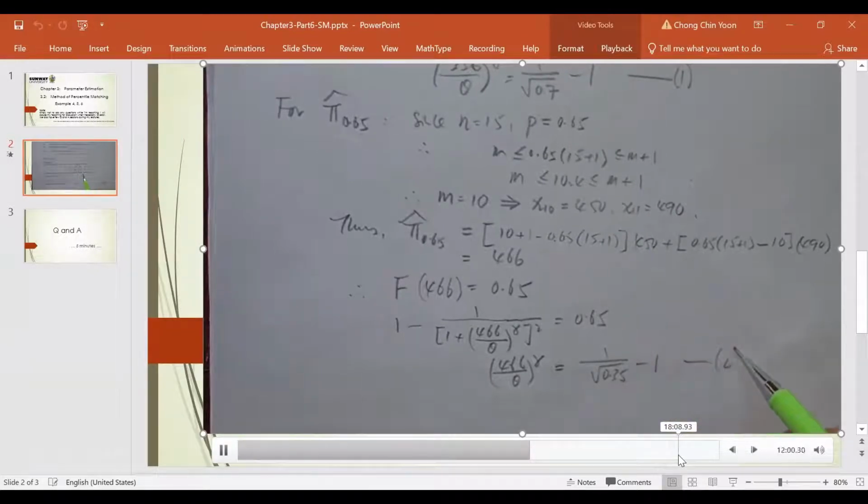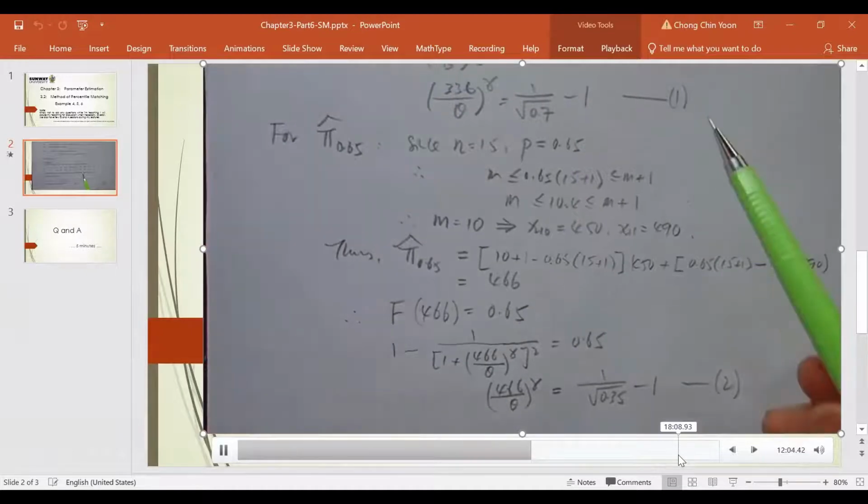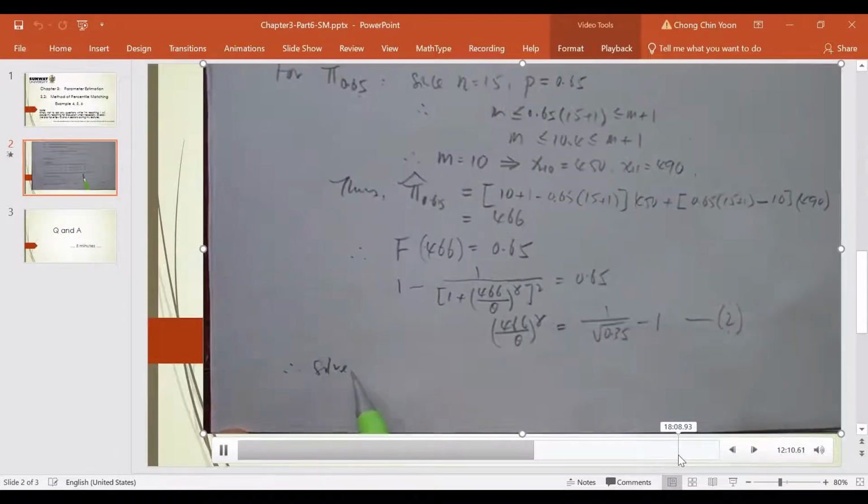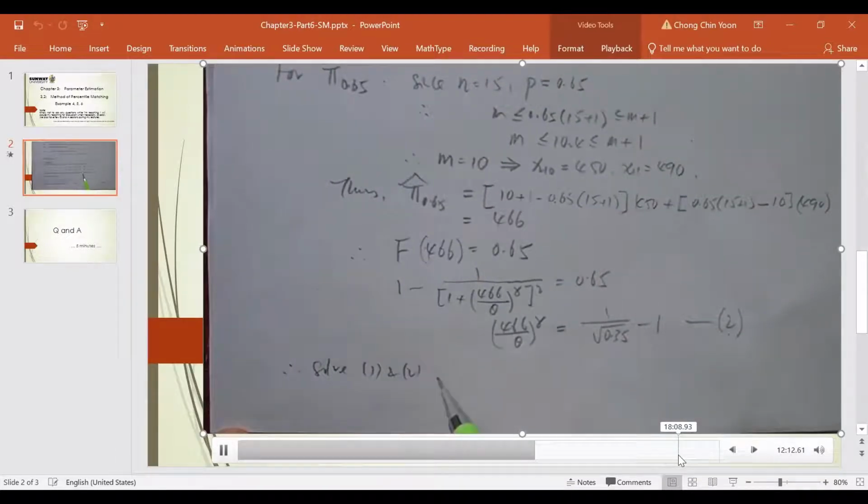Say this is my second equation. We try to solve these two equations, and you will get the result. So we solve 1 and 2, then we will have the estimate of gamma, which is 3.86,